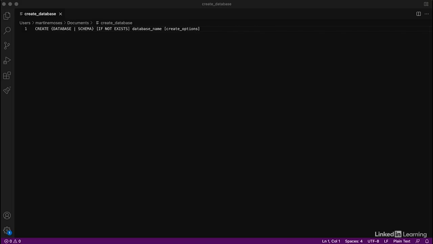Now that we have successfully connected to the MySQL server, let's start building databases. This is the syntax for creating a database or schema, a synonym of database. Looking at the syntax, I just want to point out that anything in brackets is optional, while everything else is